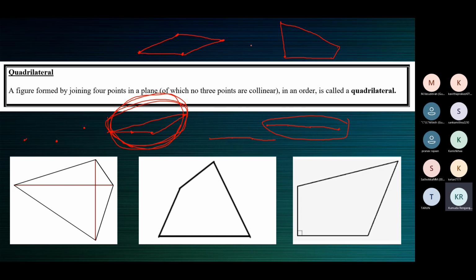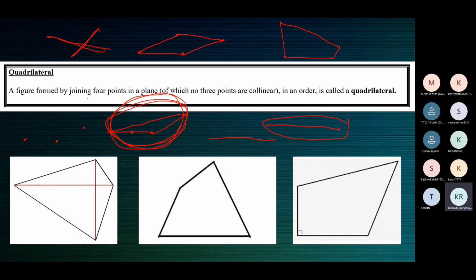So 4 points in a plane in an order, either the clockwise or anti-clockwise direction. Because when you have 4 points like this, you should not say, I connected these 2 points, I connected these 2, where is the quadrilateral? No, you should not lift your hand. You must connect the points in the anti-clockwise or clockwise direction without lifting your hand. It's not like that. You cannot lift your hand.